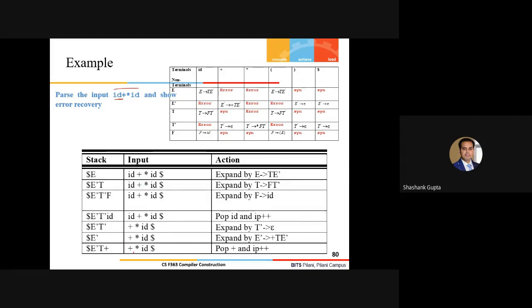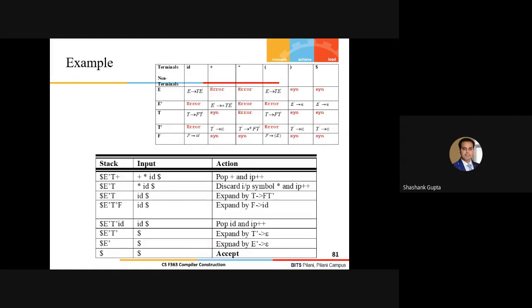Let's suppose we have reached up to this point, plus is matched. So we'll pop plus and increment the lookahead pointer. And on incrementing the lookahead pointer, you see the problem occurs here, that is star. So T on star, just look here, T on star is simply an error here, right?